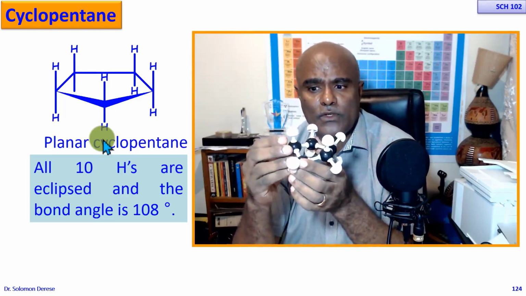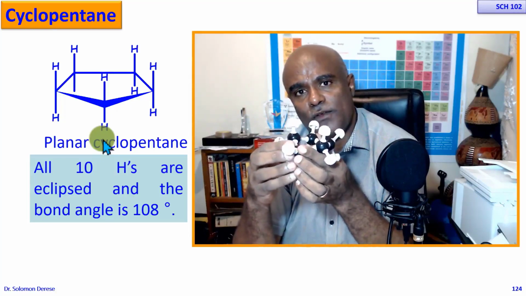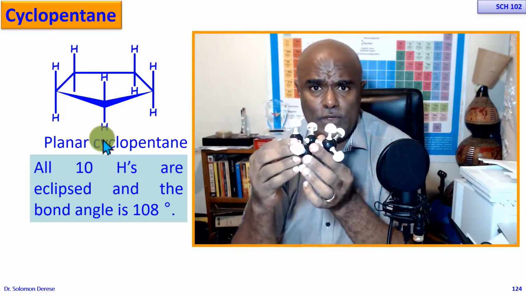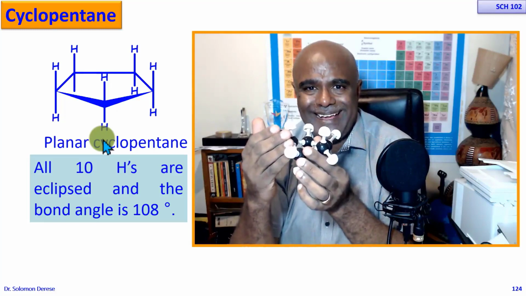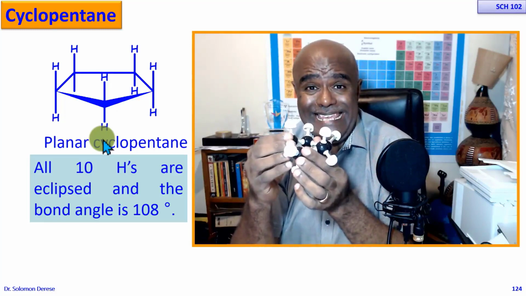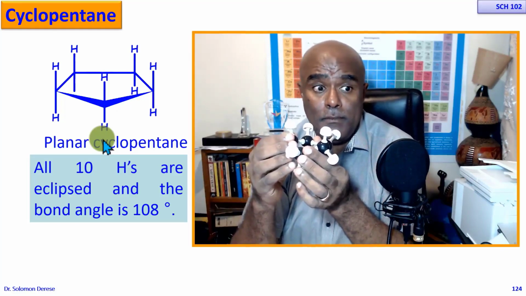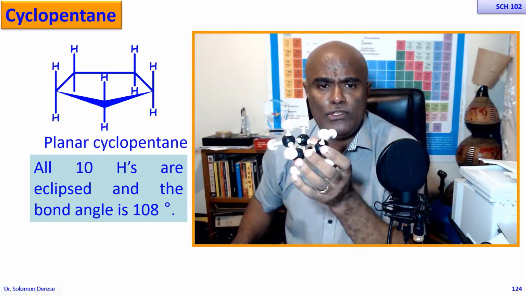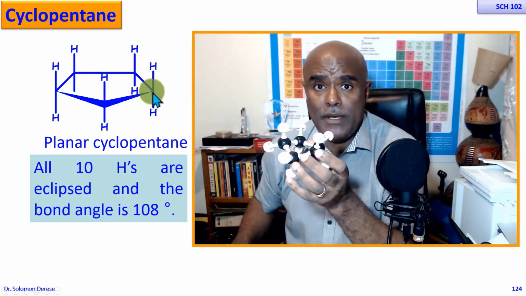But because of the relief of torsional strain across some of these carbon-carbon bonds, the puckered cyclopentane is stable, much more stable than the planar cyclopentane. So the puckered three-dimensional structure cyclopentane will adopt as a result of rotation across its carbon-carbon single bond